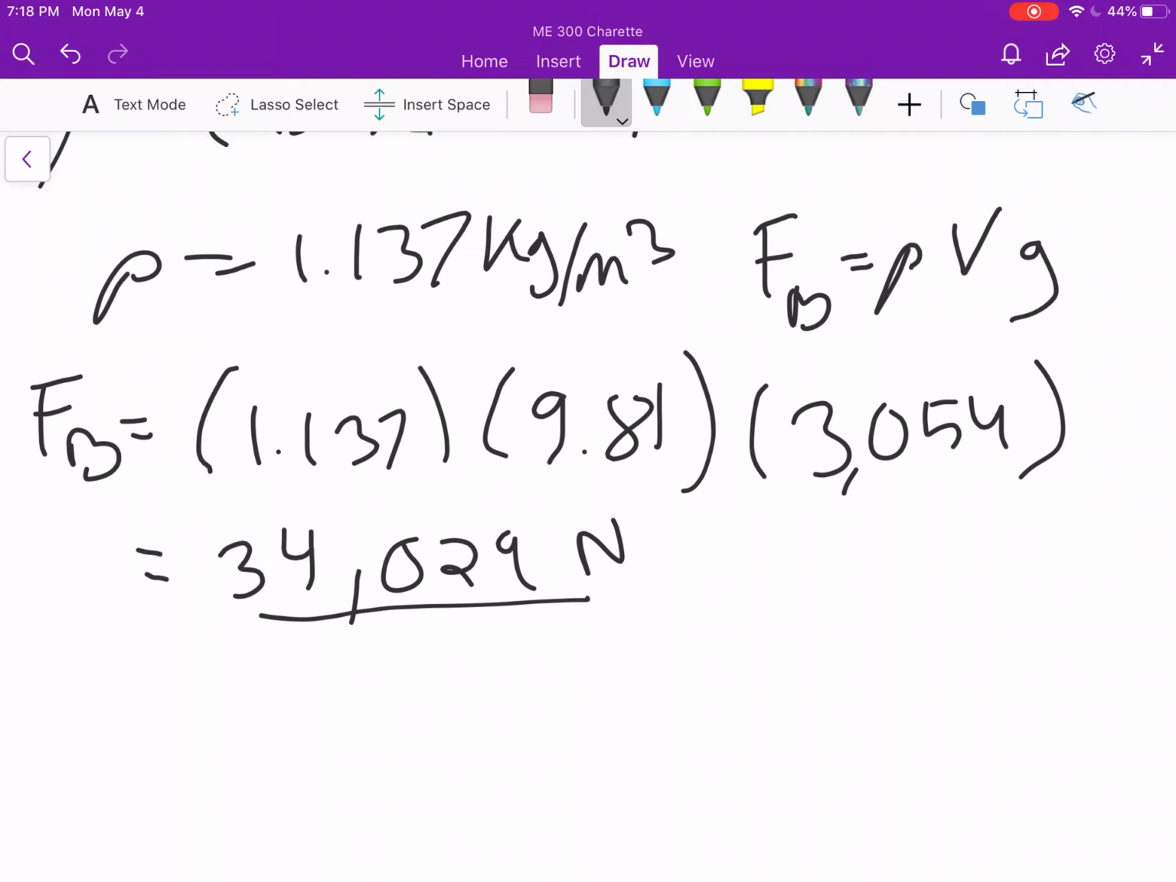Now that we have our buoyancy force, we can figure out what the